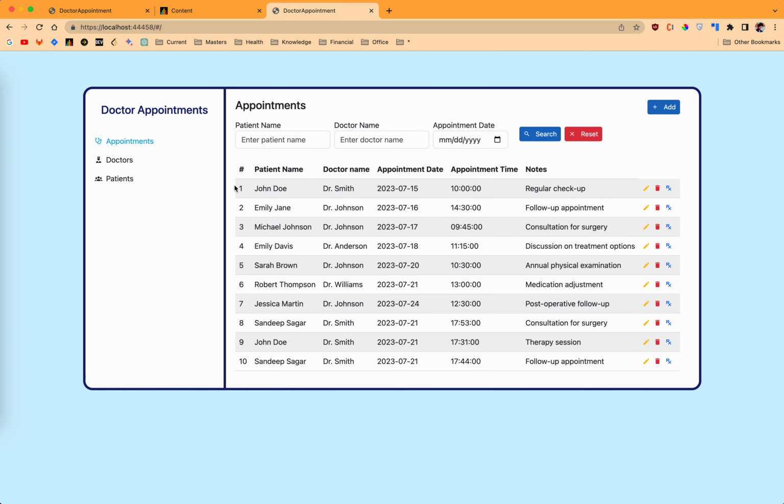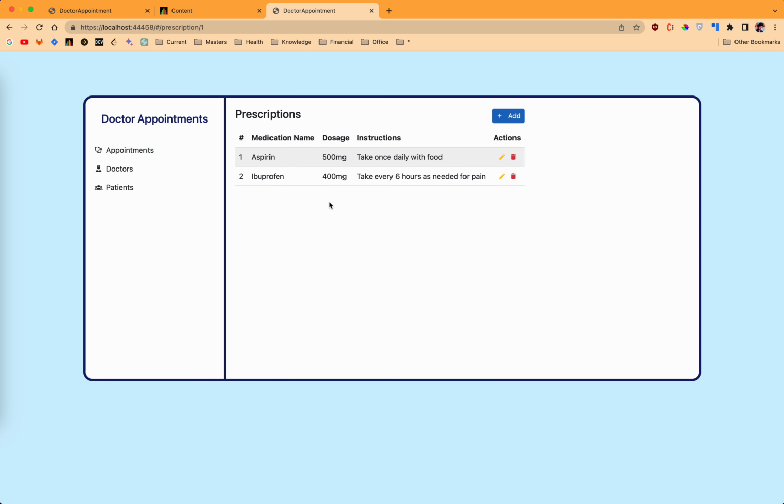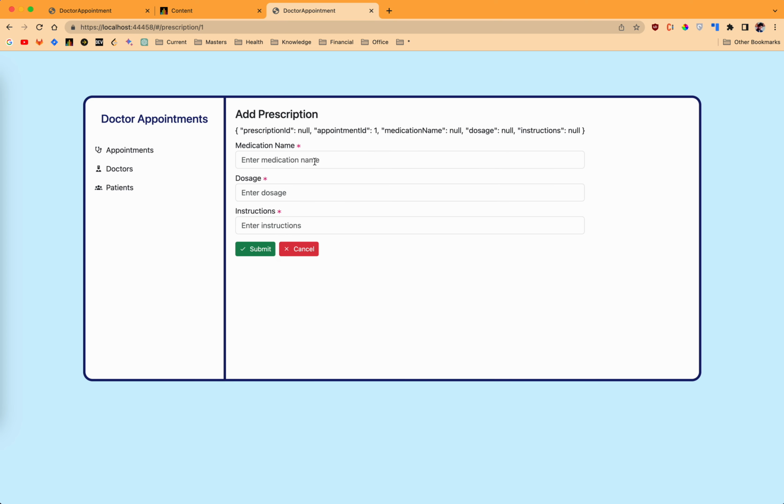Alright, coming to the appointments page, we have 2 predefined buttons over here. One is search and one is prescriptions. For each and every appointment, we can have a prescription. Let me click on this prescription button. We have 2 prescriptions over here, but we can also add a prescription. The medication name would be maybe